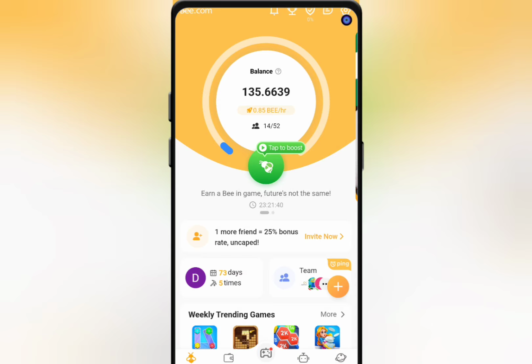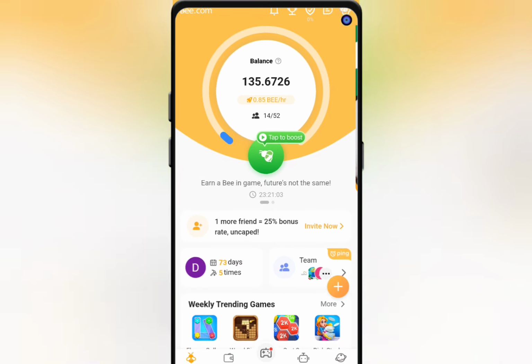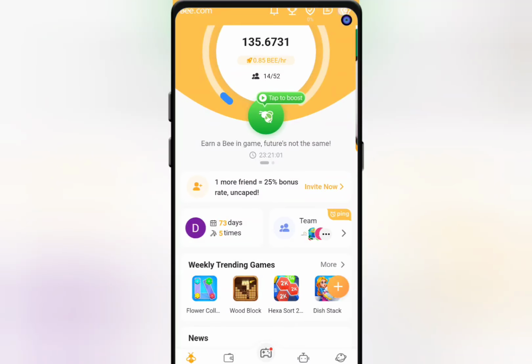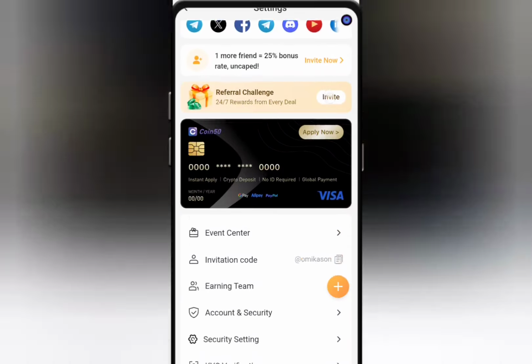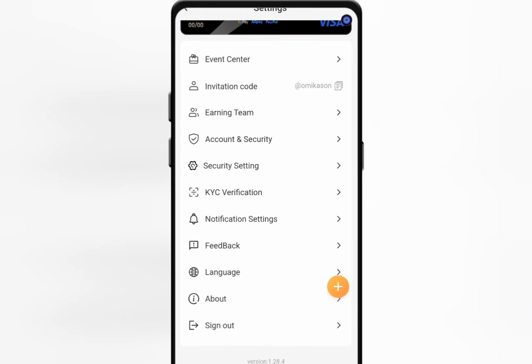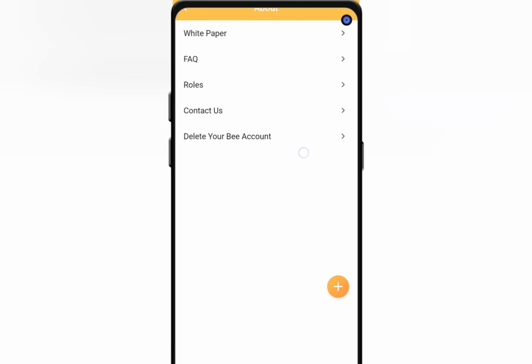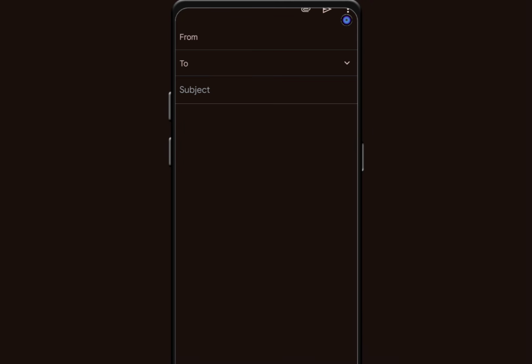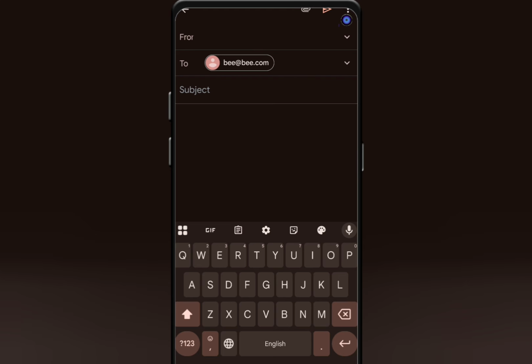So what we are going to do is simple. We are going to come over to settings here. You can see the setting option there, up there. So when you are on settings, you are going to come to this particular place, which is About. You see About here, you click on it, then you click on this option, which is Contact Us. So it's very important. After clicking on Contact Us, it's going to take you to this place. As you can see, this is the official network